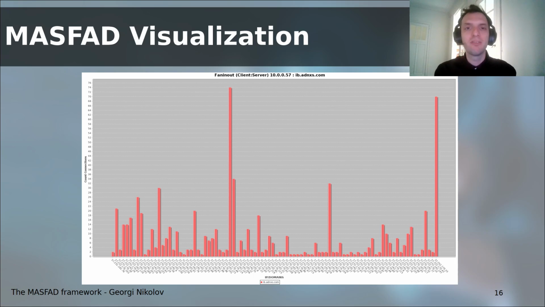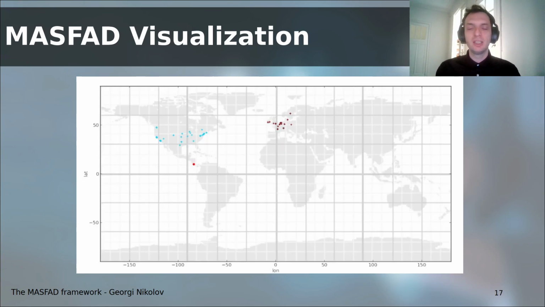Further on, we have the fanning out agent, which looks into the specific characteristics of the server: if the server hosts one domain that is attributed multiple IPs, or one IP that hosts multiple domains. Usually this is an obfuscation technique used by malicious actors to hide their servers behind a multitude of different IPs or domain names. And last but not least, we have a figure generated by a geo outlier.